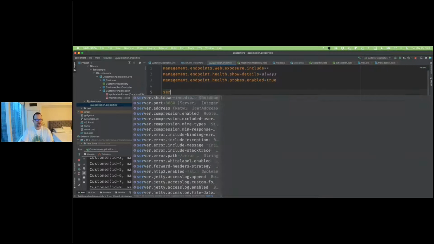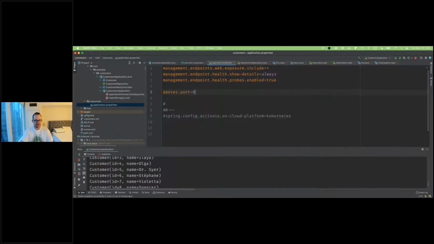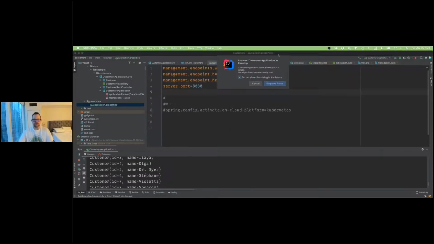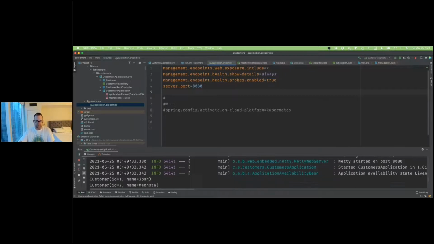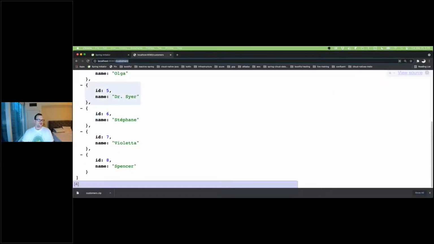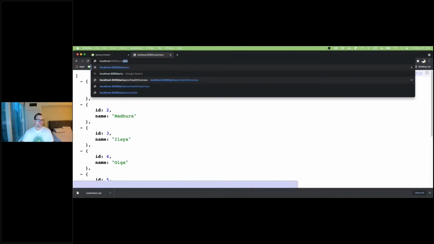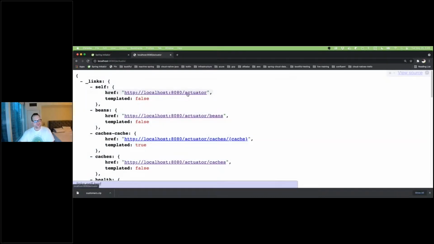We can also specify things like which port we want the application to run on, right? So 8081, 8080, whatever. I'm happy with this. So let's go ahead and restart. Let's see what happens. Okay, so customers, good. But now we can go to the Actuator, and you can see we have managed HTTP